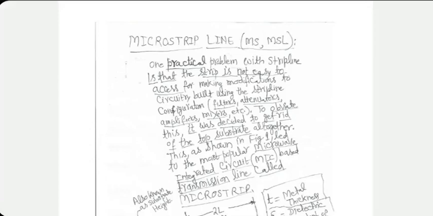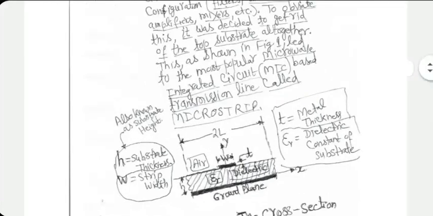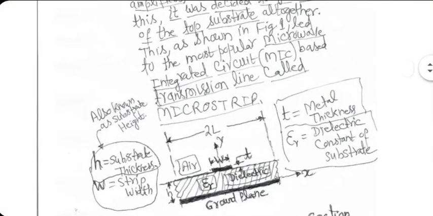Now, schematically, this is the diagram which I showed you in the other document also. These are the various parameters. The bottom metal is known as ground plane. We normally ground it to the ground of the source which is feeding the line. The top is generally air. Substrate thickness is the word for H. Some people call it substrate height, which is also fine. W is known as strip width. Small t is metal thickness. It is very small in microns actually.